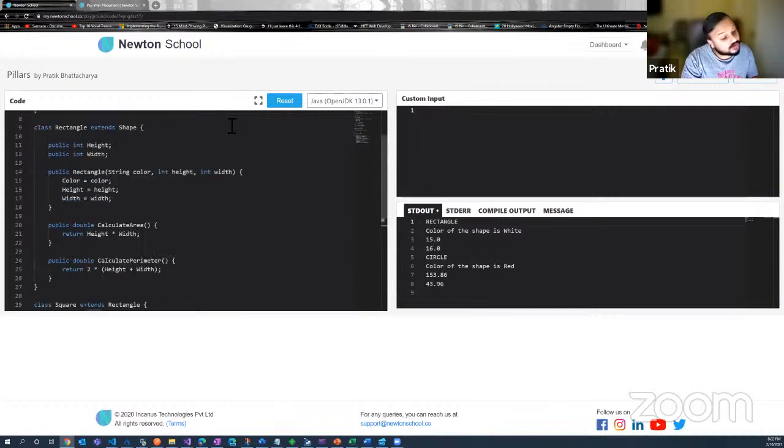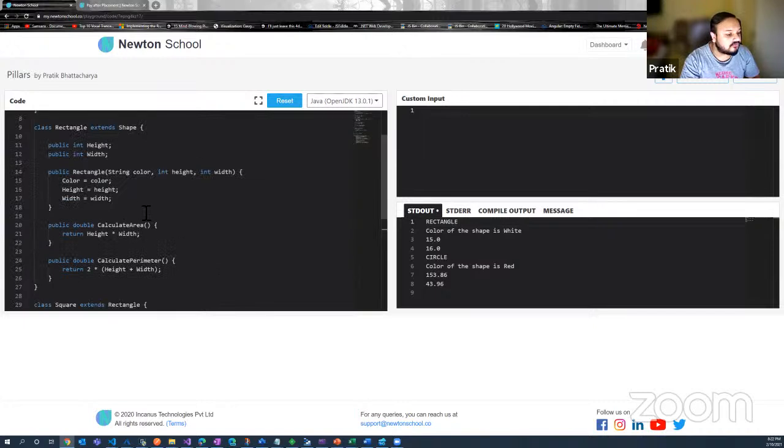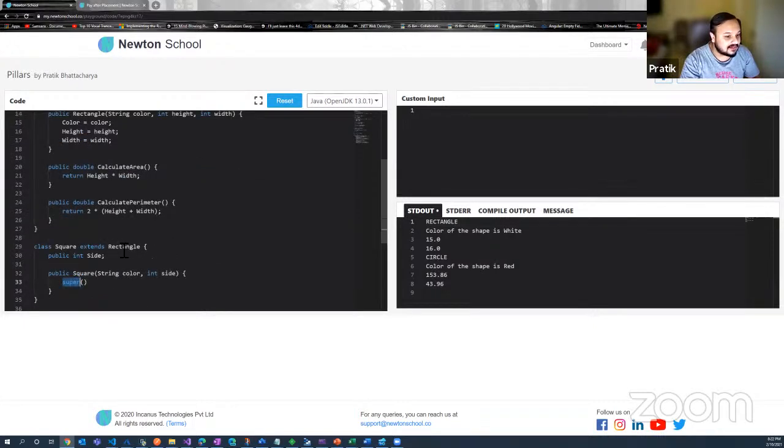So the question is, how do I do that? That is, how do I call the constructor of a superclass? So square here is a subclass. So from a subclass, how do we call the constructor of a superclass? That's the problem. So the answer to the problem is in the question itself. Since from the subclass we're calling a superclass constructor, we just need to write the word super. And when you're writing the word super, that means this will call the constructor of this class's parent. And this class's immediate parent is rectangle. So this will call this